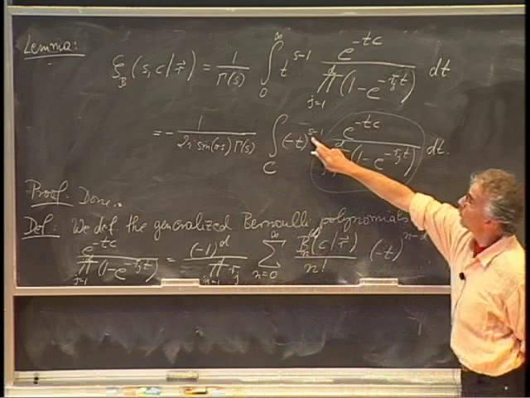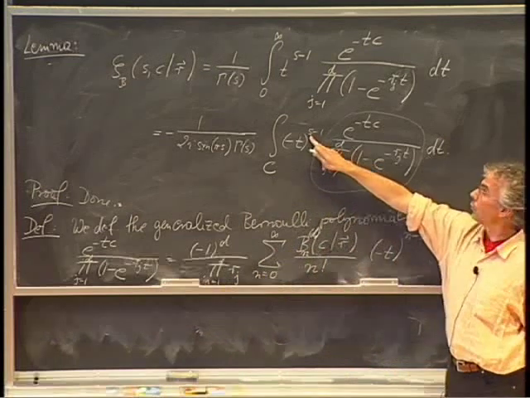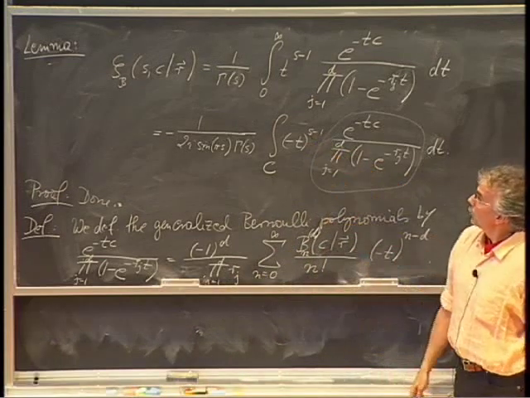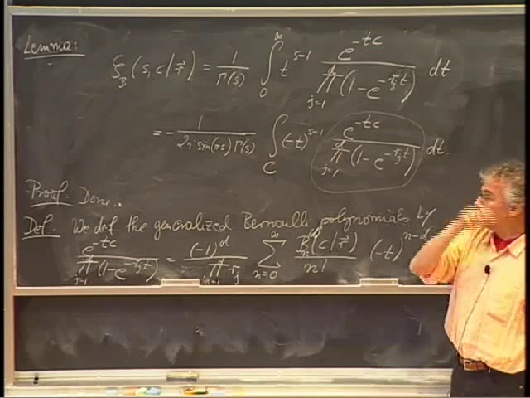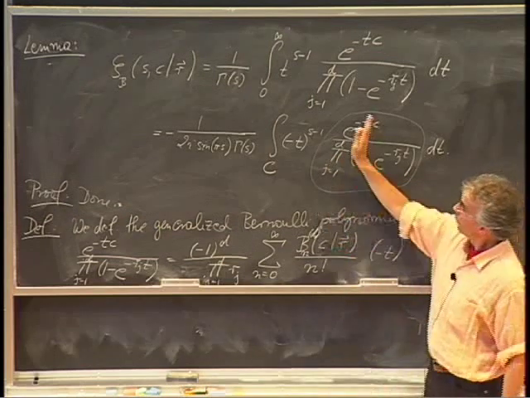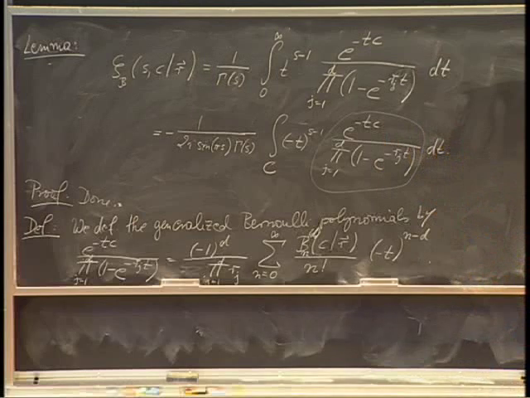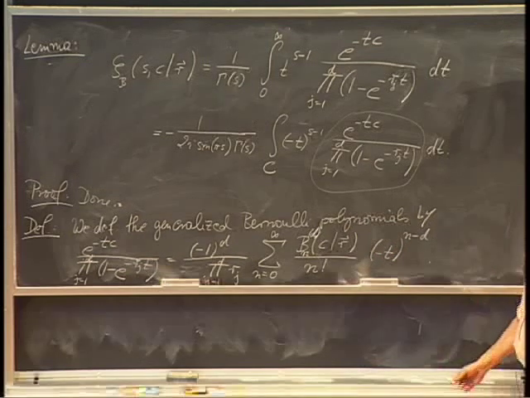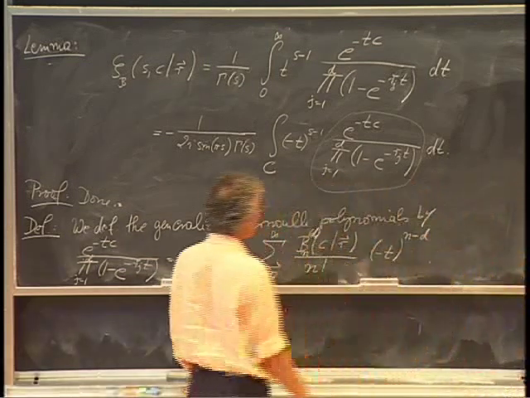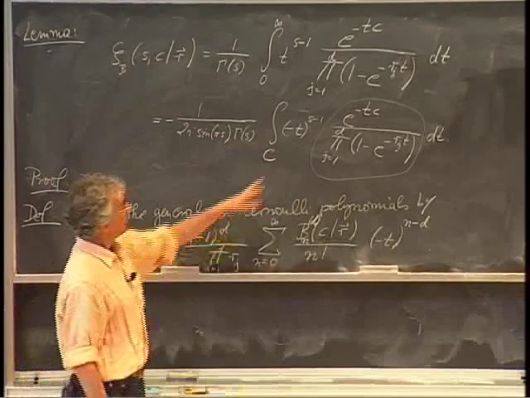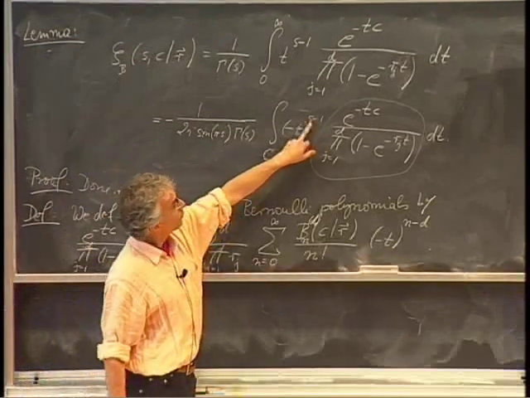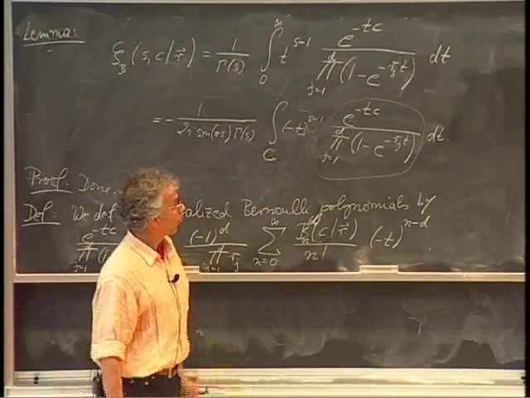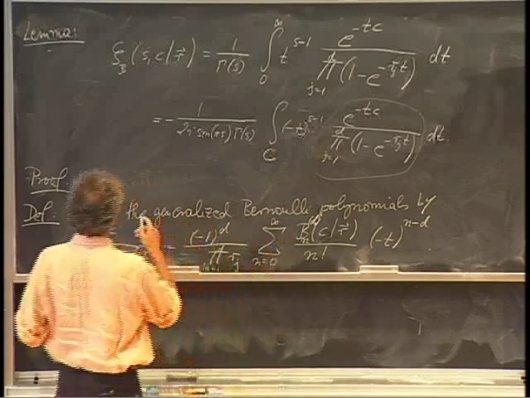And looking, as we did for Hurwitz, at integer values of s, there's no branch cut. The only thing that contributes is the little circle. So the values of the integral for integer s are determined by a coefficient in this Laurent series. And you have to fiddle around a little bit. But what you see is we want the 1 over t term to pick up the residue. So we want